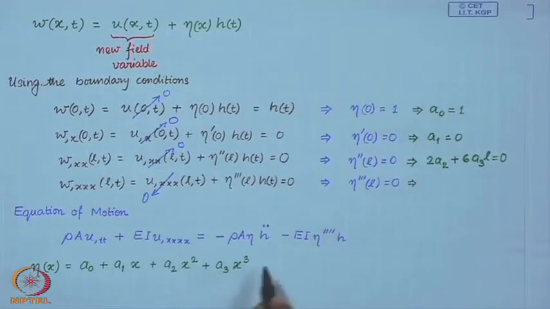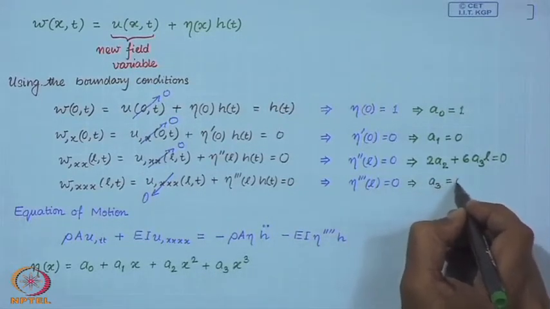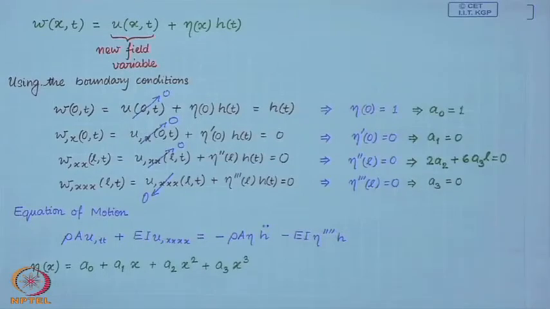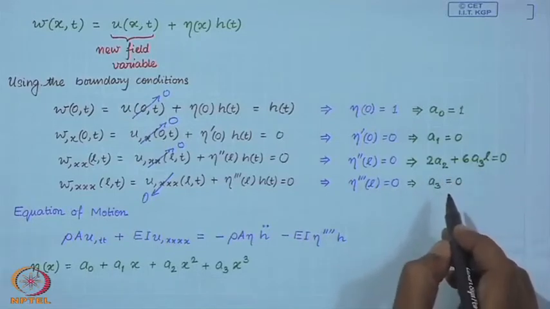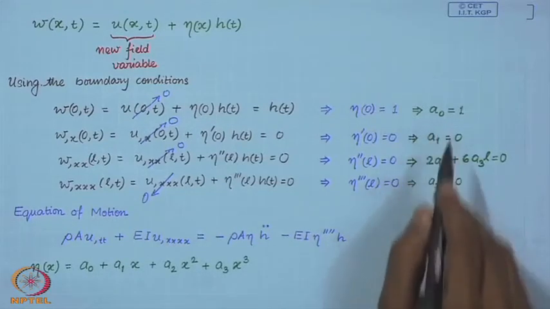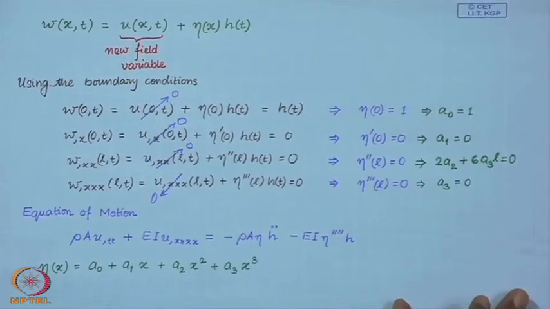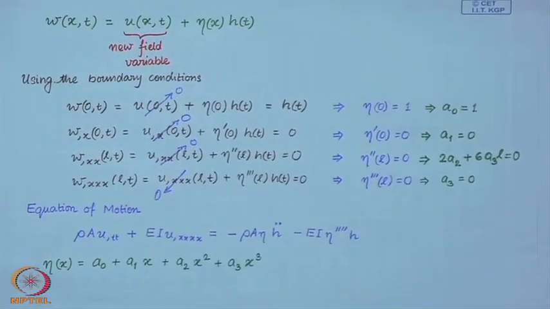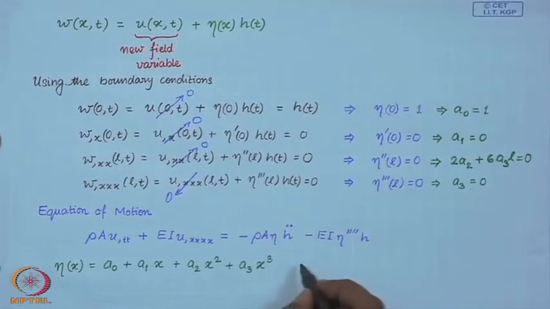And if the triple derivative of eta is to vanish, then A 3 must be 0. So, in that case A 2 is also 0. So, therefore, eta is nothing but 1. So, this is a very simple example. So, in that case